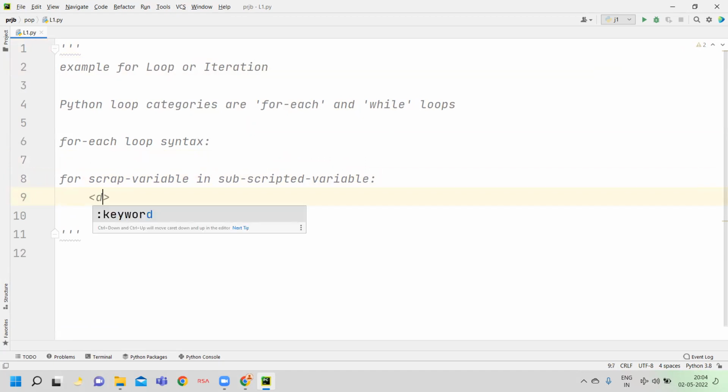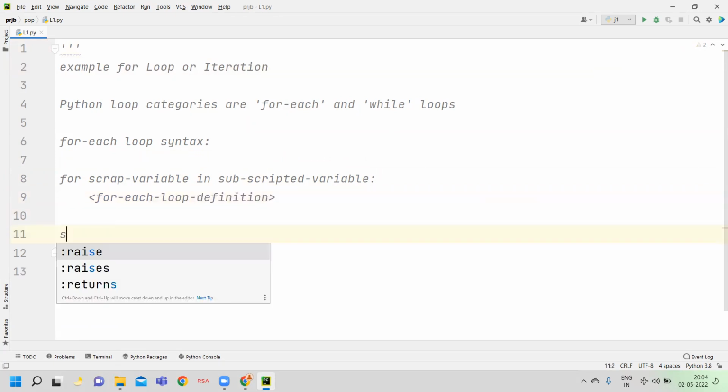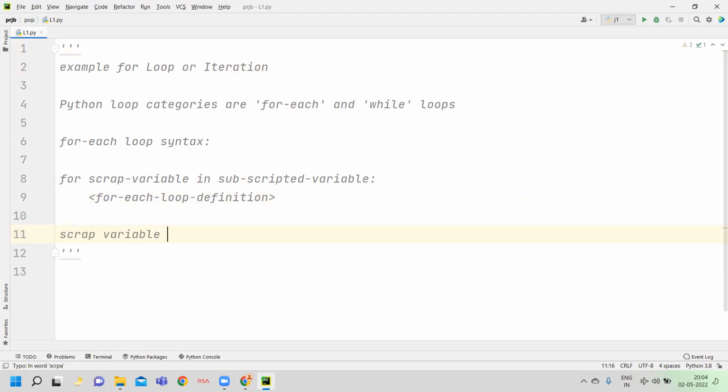So here, in the for-each loop definition part, you mention the definition part; that is your wish. What is the meaning of a scalar variable? A scalar variable handles only one value at a time,